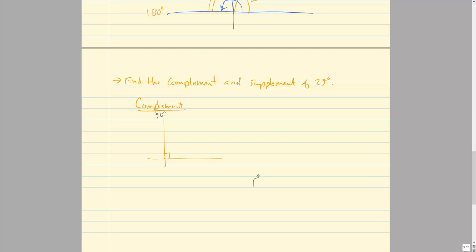So I'd start here with my initial side, and this is just graphing an angle. And then I want to go to my terminal side. Well, half of 90 would be 45. That would be right about here. 29 is about a third. So if I go about a third of the way,